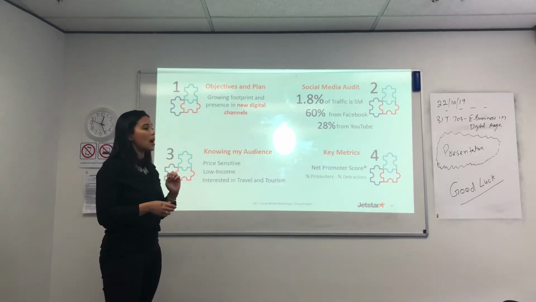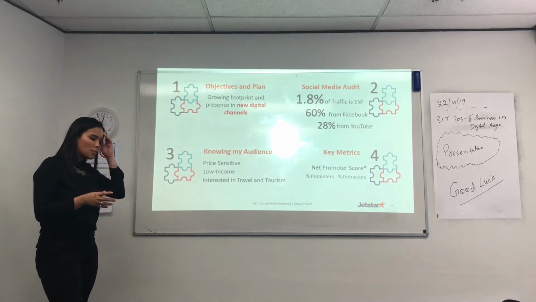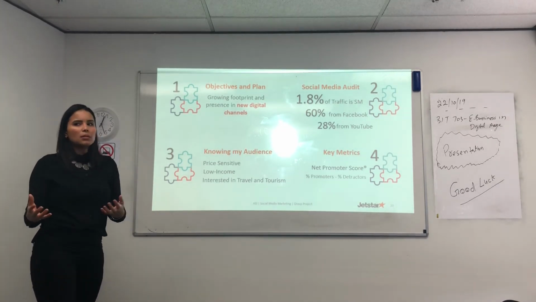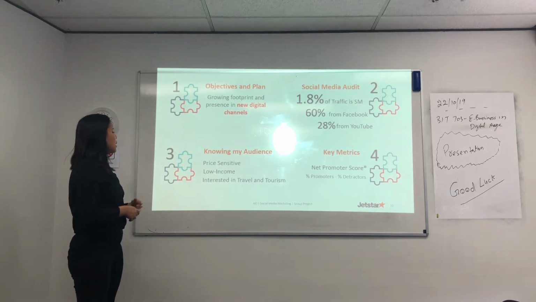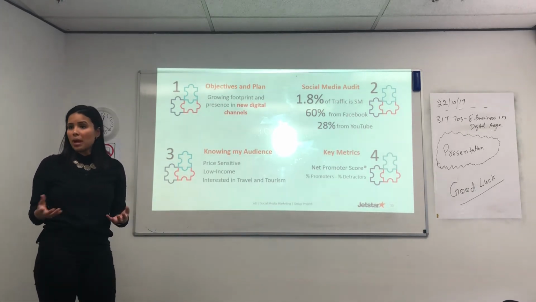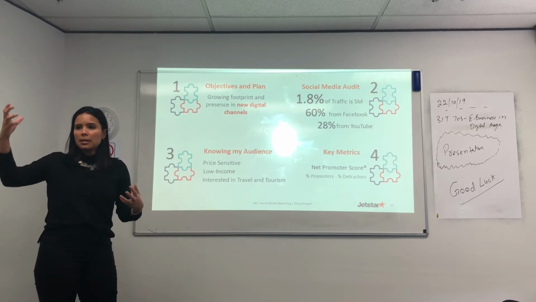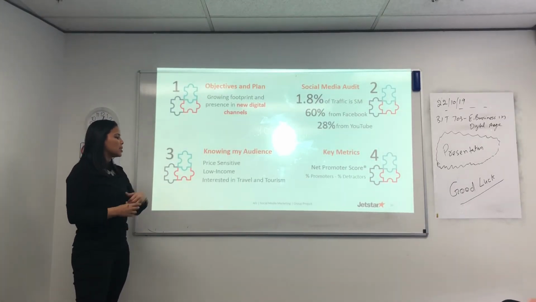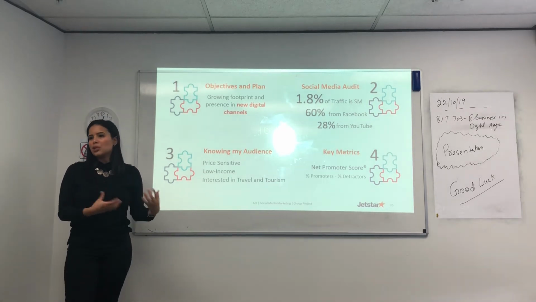The third step is knowing my audience. So basically, this is our assumption. Based on the Jetstar position and Jetstar market share, we can see maybe the audience for Jetstar are customers sensitive to price. Maybe they may have low income. That's why they are searching for the cheapest prices. I mean, they are not looking for quality like Emirates or the highest level or standard airline companies. So they may have low income, and they also are interested in travel and tourism. So this is how we can target our market and what kind of content we need to develop for those